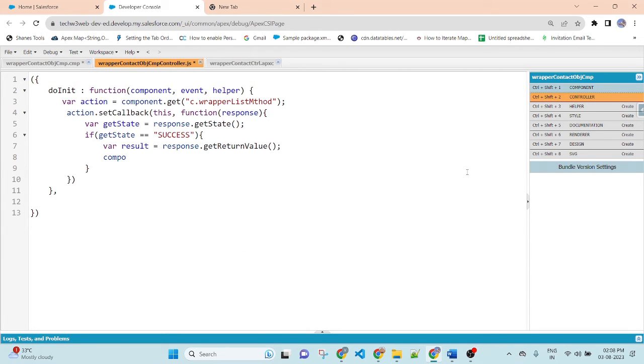Component.set, v.nameOfTheAttribute, and then pass the return value. So this is the return value stored in the result.